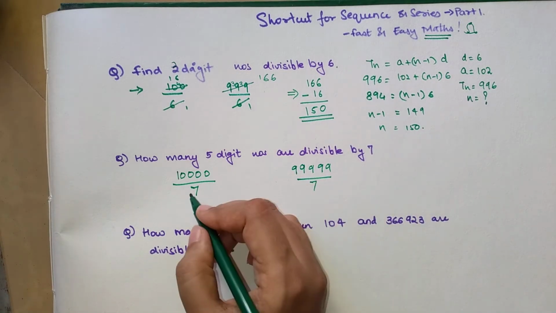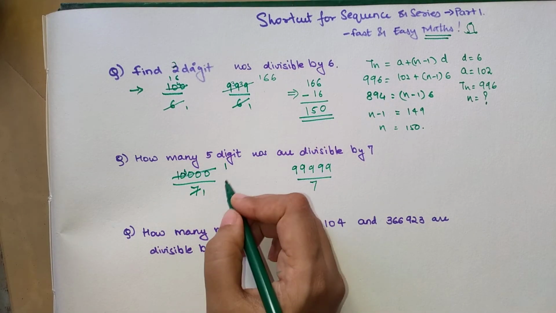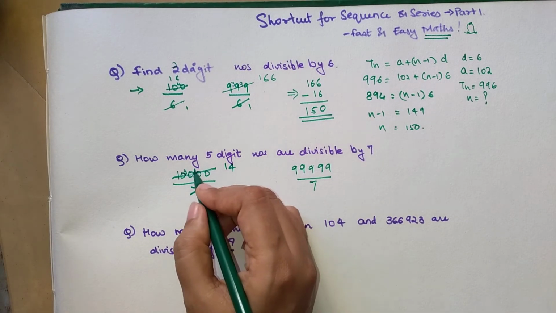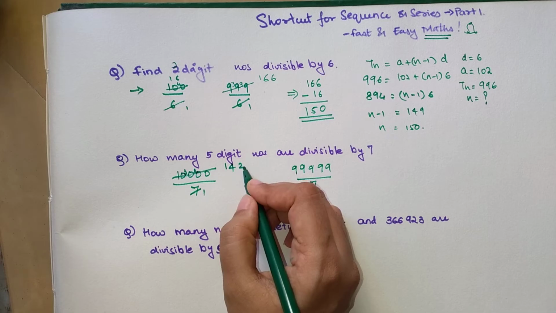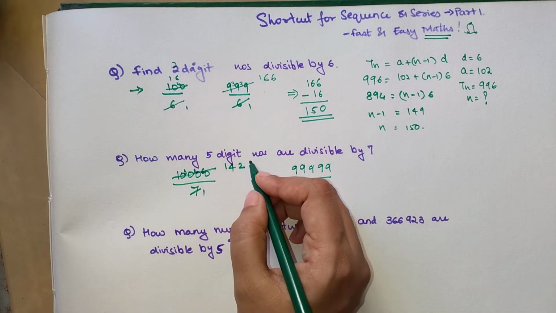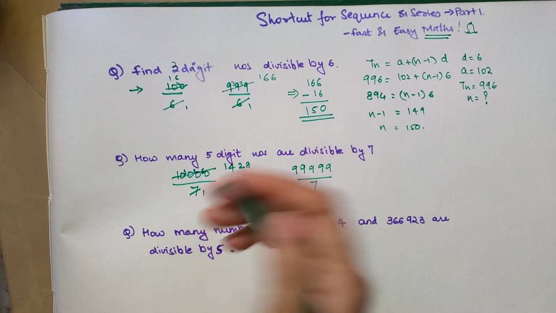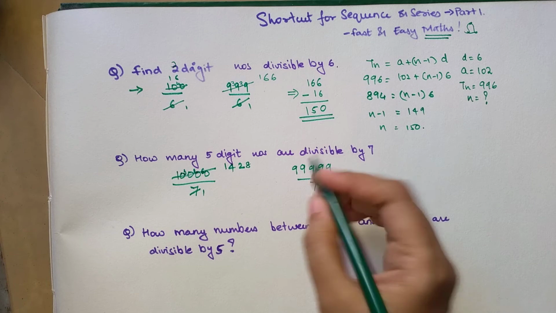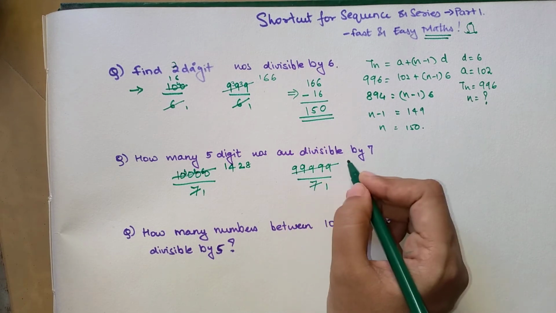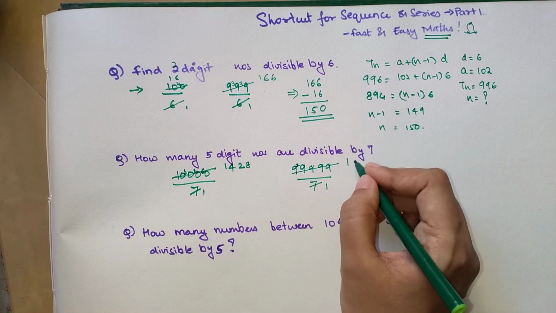When I divide, we get 7 ones are 7, and you're left with 3. So 7 fours are 28, you're left with 2. So 7 twos are 14, and you're left with 6. So then you are going to get 8, and your remainder is 4, which you're not going to be bothered about. Now over here, 7 ones are 7, you're left with 2, so you're going to get 4.